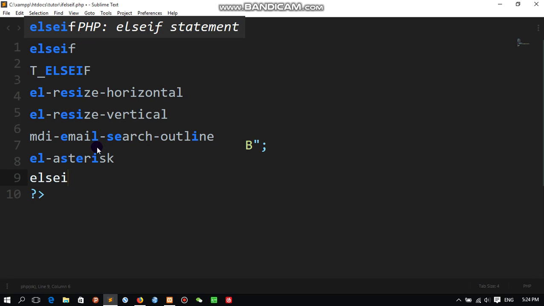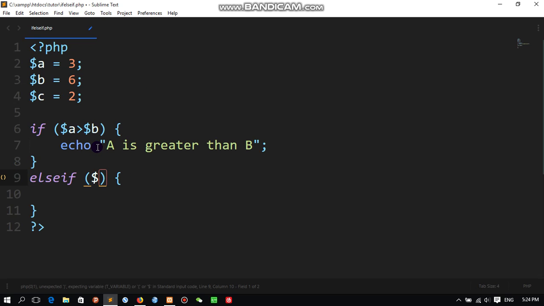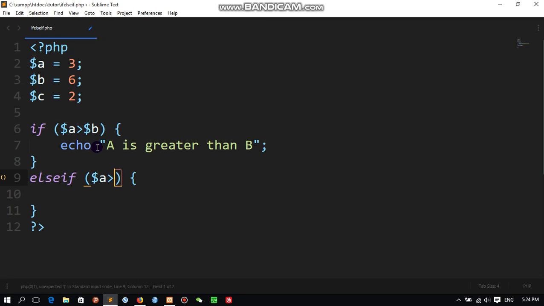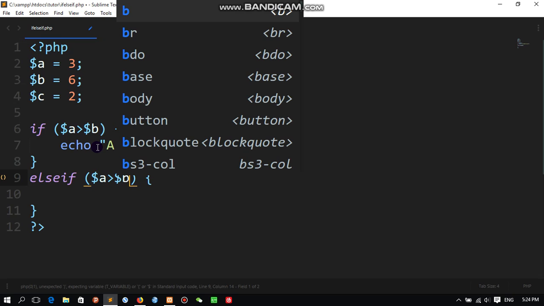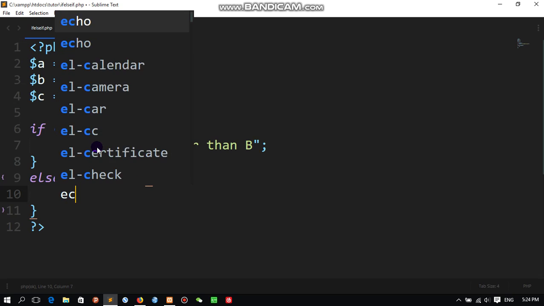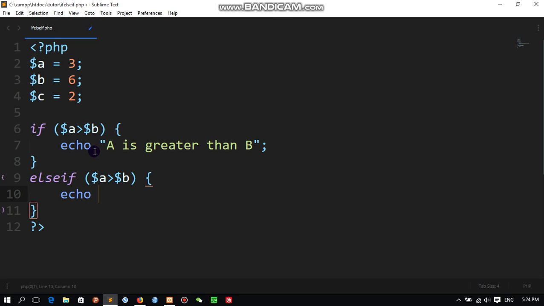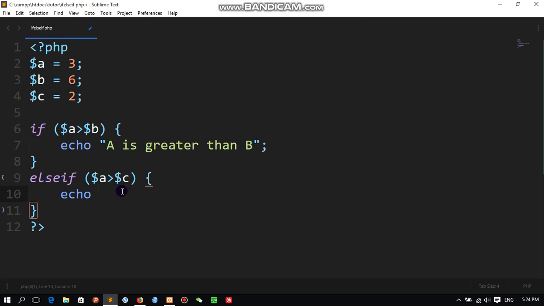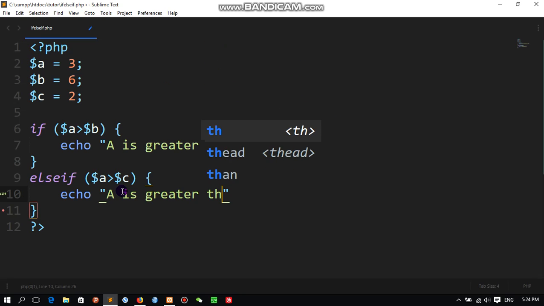Else if A is greater than C, I want to display "A is greater than C".